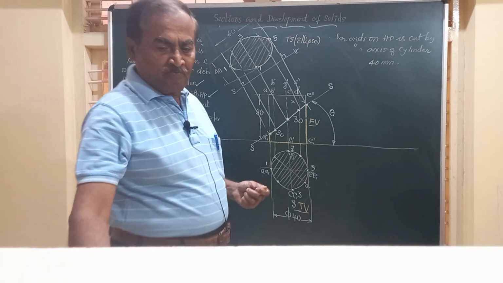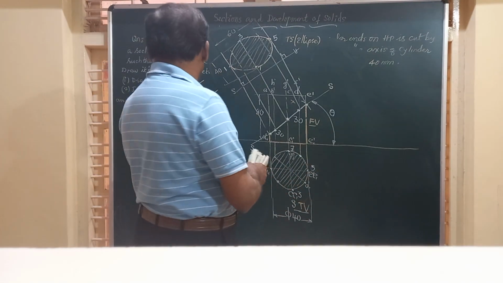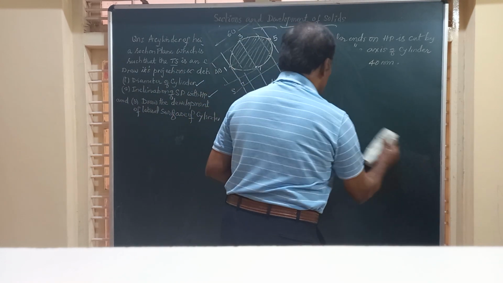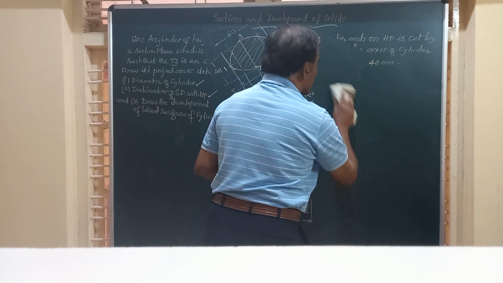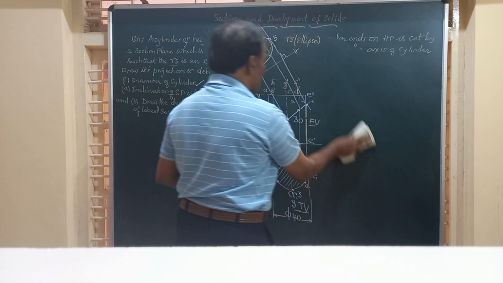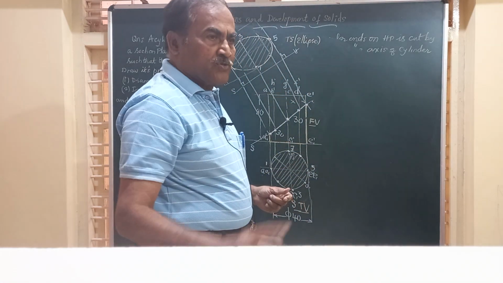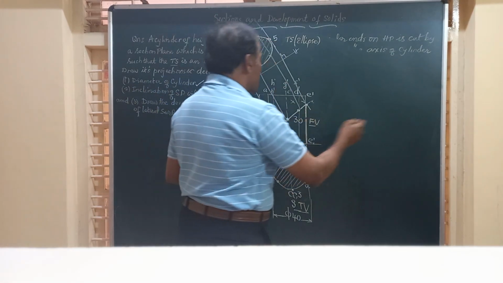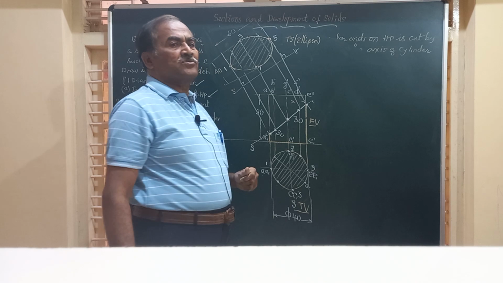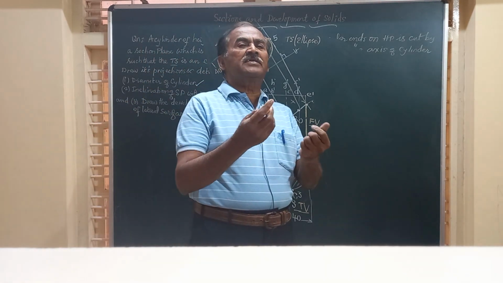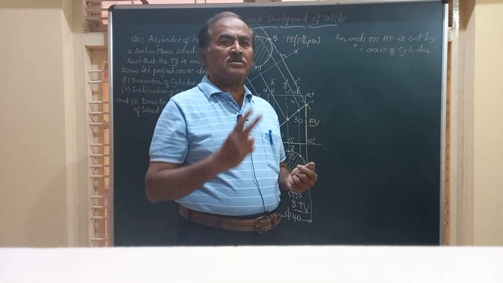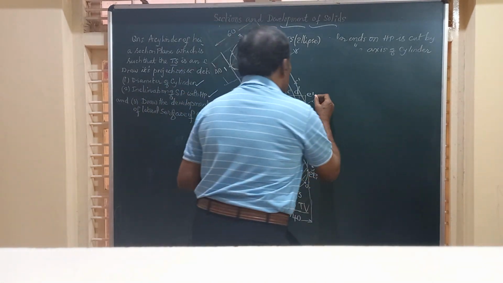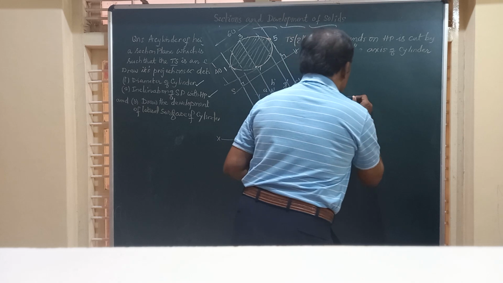Friends, finally, we have been asked to draw the development of the lateral surface of the cylinder. So friends, as I told you before, we are combining two portions of the solid. That is, one is the section and other is the development. Friends, you know very well, if you have a cylinder, if you cut it open along one of the generators, you are going to get a rectangle in the development. So let me draw that